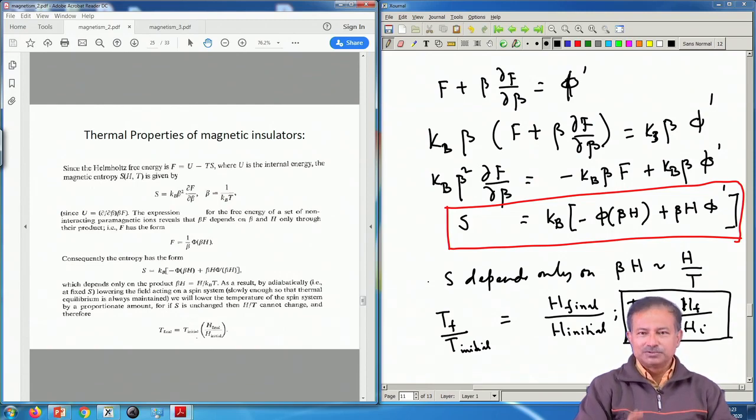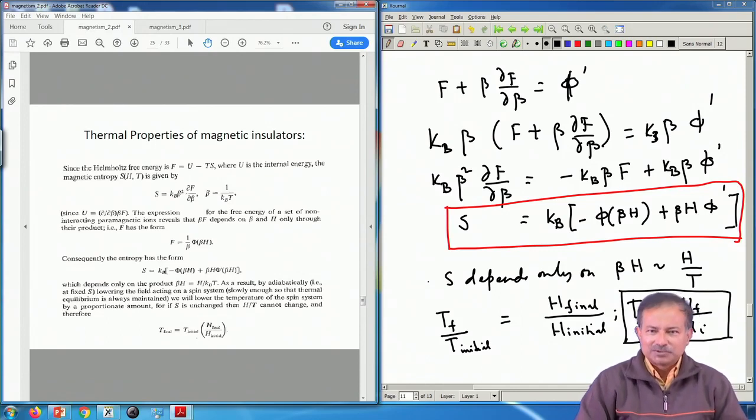So, if you want to use it, be careful and choose your material very carefully, whose magnetic cycle you will be using. Of course, you use a magnetic insulator, but even then you will not be able to go down to extremely low temperatures. For that, there are other methods which we will not discuss here.